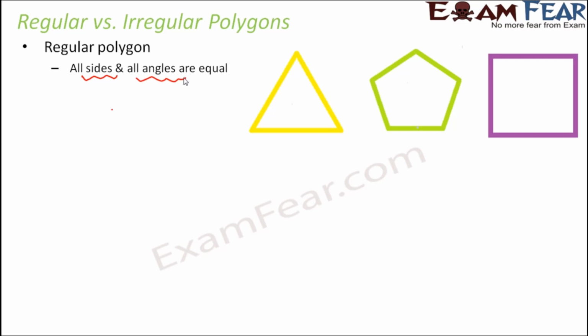When you look at a polygon with 3 sides, what is a polygon with 3 sides called? It is called a triangle, right? Triangle, that is 3 angles. Now, do you think that all triangles will have all sides equal and all angles equal? No, not really. Because different triangles might have different measurements for their angles as well as sides. But there is one type of triangle which always has all the 3 sides equal and also all the angles equal. Now what is the name of that triangle? That is nothing but equilateral triangle. So equilateral triangle is an example of a regular polygon.